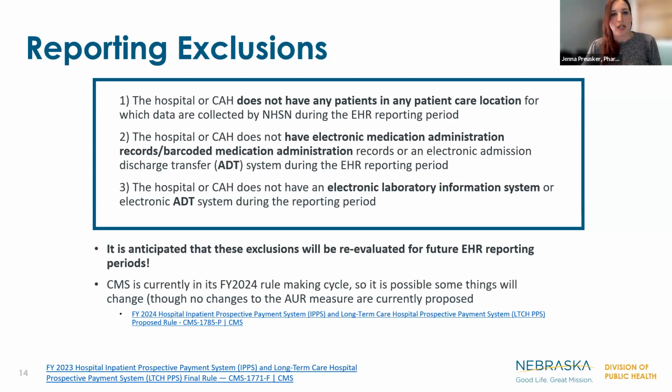The third exclusion, however, several facilities may meet at this point, and that is if your hospital or critical access hospital does not have an electronic laboratory information system. So essentially, if you use an outside lab to send out your cultures to be done, and that outside lab does not transmit information back into your EHR. So if you can't open the patient's record and look at their culture and see all of the sensitivities within your electronic health system, if you get a paper faxed back to you, or you have to get into a separate system to look at your culture results, this would likely qualify you for an exclusion for reporting to the AUR module right now. However, it was written in these 2023